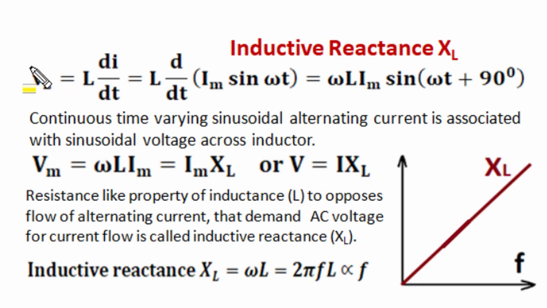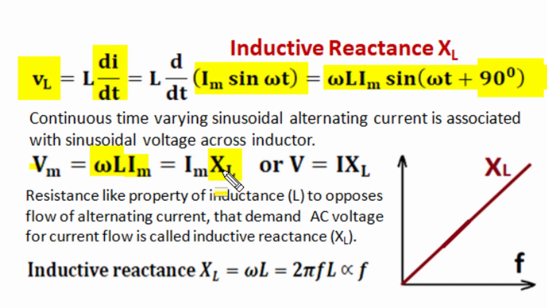In an inductor, voltage across the inductor is directly proportional to the time rate of change of current through it. When a continuous time-varying sinusoidal alternating current passes through an inductor, there exists a sinusoidal voltage across the inductor of the same frequency but leading the current by 90 degrees. Here the peak magnitude of voltage Vm is given as the peak magnitude of current multiplied by omega L, and this product of angular frequency and coefficient of self inductance is known as XL,